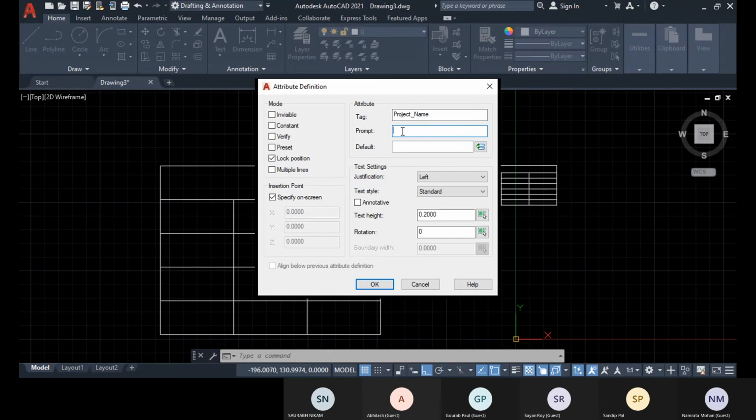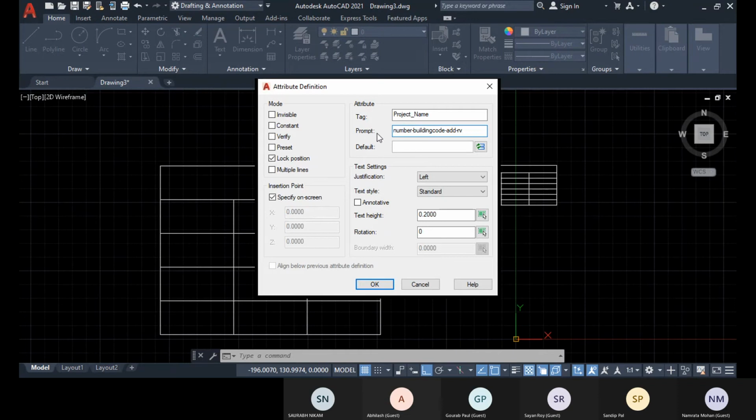There you have to give the prompt value like first number, this way number dash building code, then address, then revision. Okay, so this way you will name it.